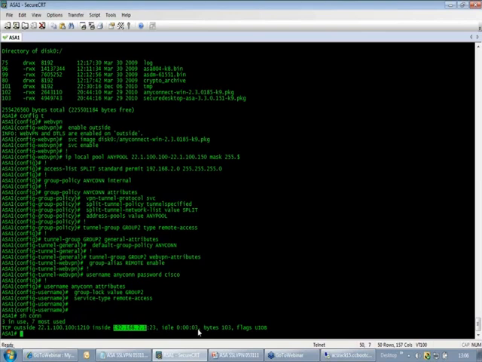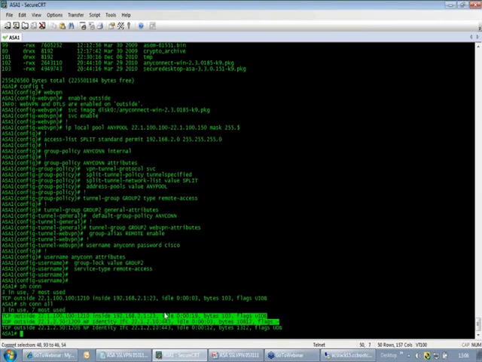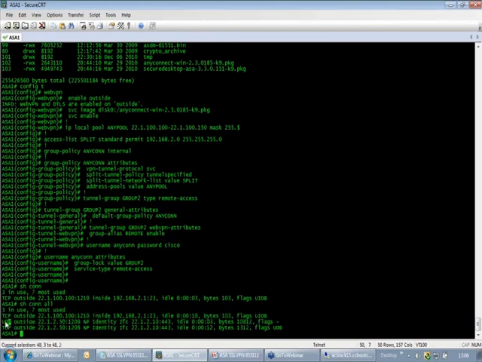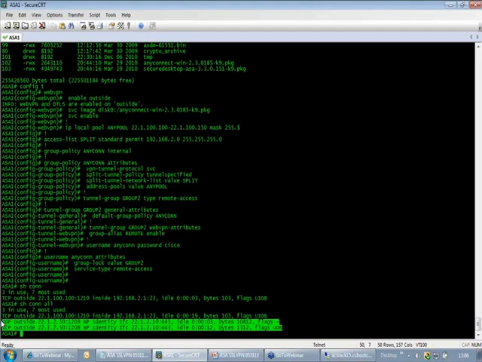Now if we do our show con all, we'll see the DTLS and the TLS connections here. So here's the UDP. On the very far left it says UDP. That's how you know that's the DTLS one, port 443, and that's where all the bytes are being transferred. Now the TCP side, the standard TLS connection right at the very bottom, is also there, and there's just more or less control traffic being sent across that, which is why there are some bytes incrementing there. But the majority of the user traffic is going to be going over that DTLS tunnel